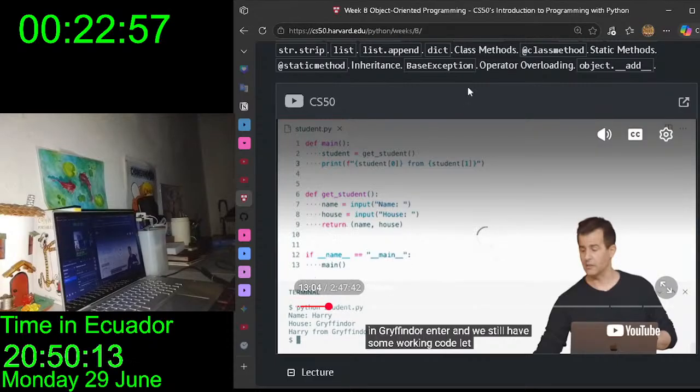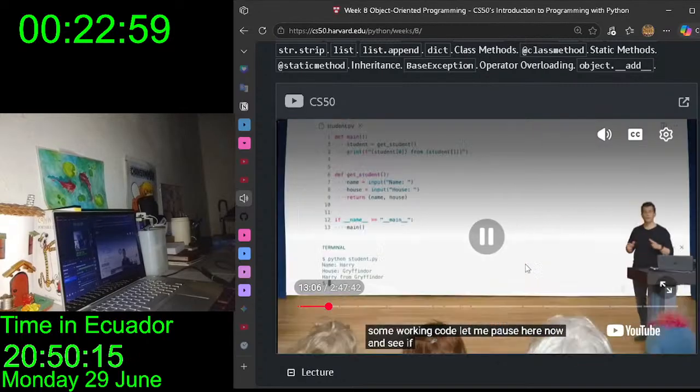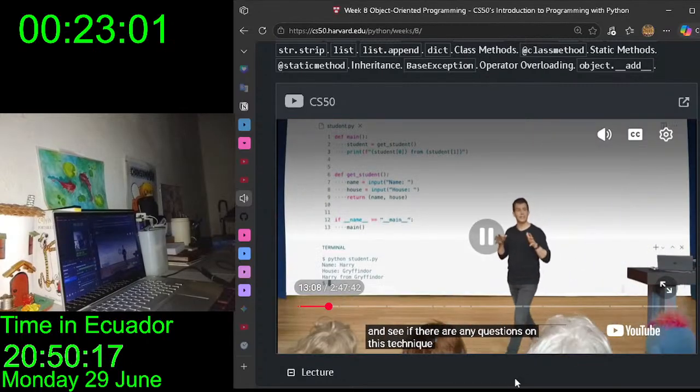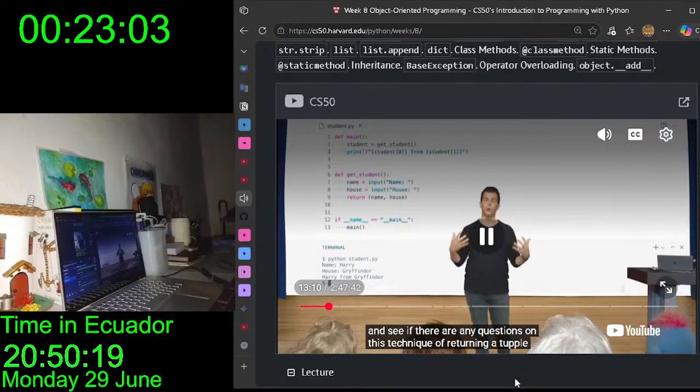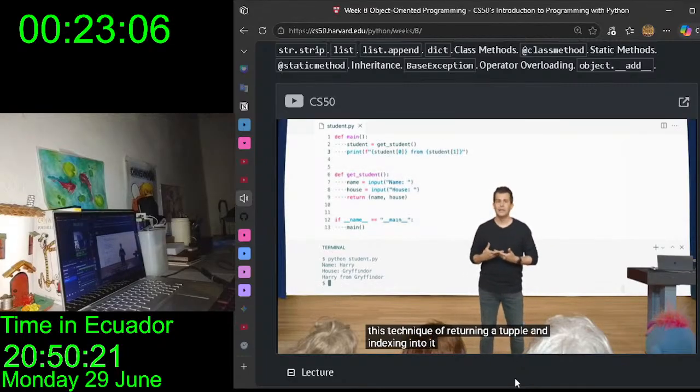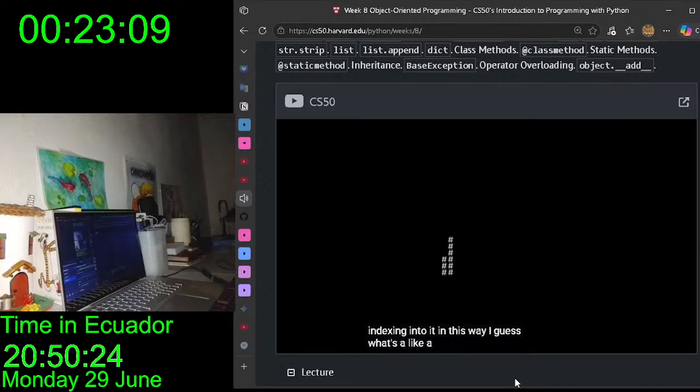Let me pause here now and see if there are any questions on this technique of returning a tuple and indexing into it in this way. I guess what's like an actual use case where you would use a tuple versus,